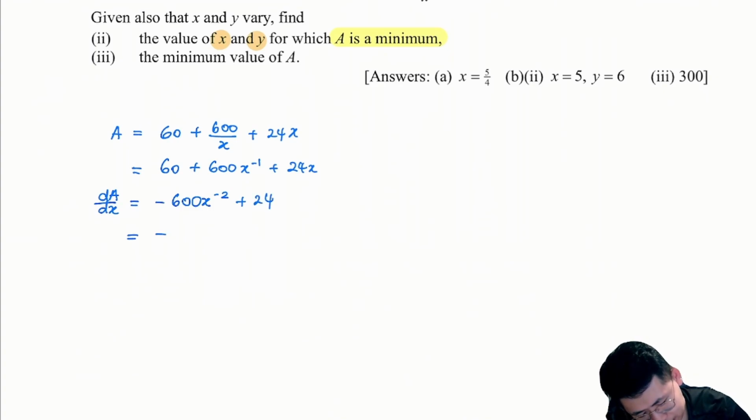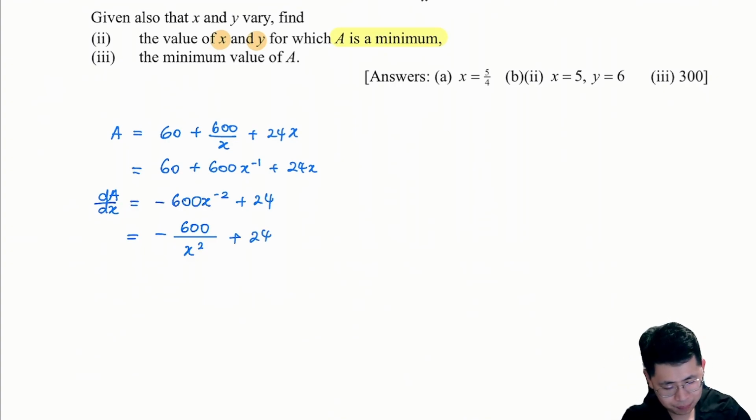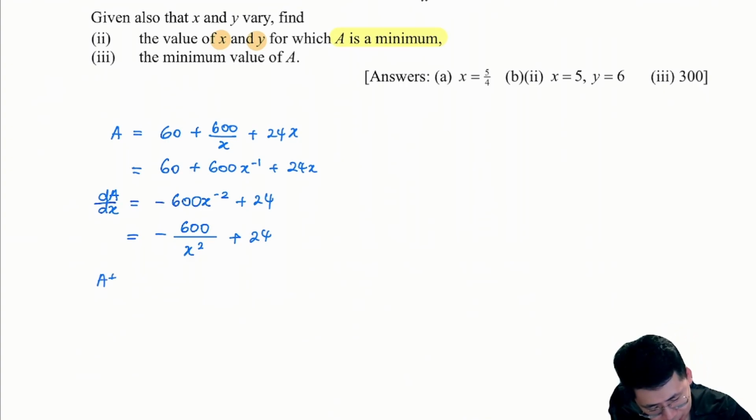Writing this nicely into a fraction, this is going to be negative 600 over x squared plus 24. Okay, so when this is a minimum, so at the minimum,